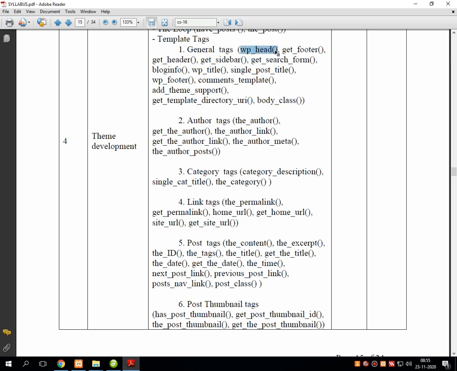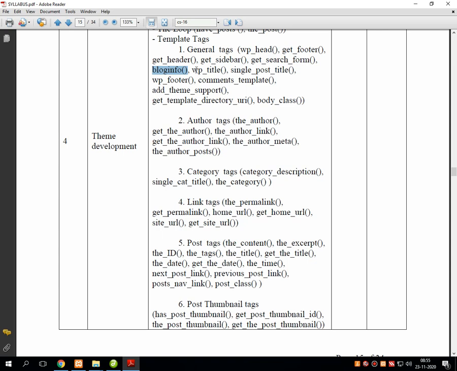In general tag discussion we have completed wp_head, get_footer, get_header, get_sidebar, get_search_form, and the last one in the previous lecture is bloginfo. All these tags we have completed for unit number 4. Now let's start with the rest of the tags which are available in general tag.